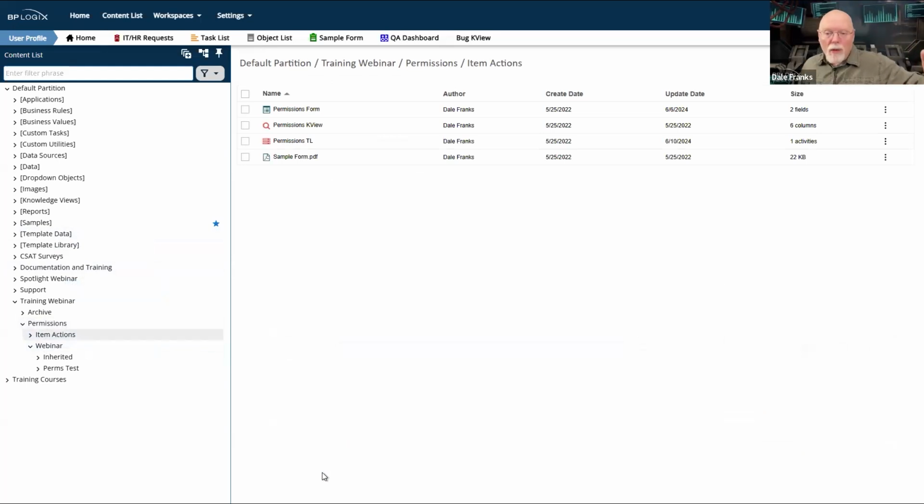Now, the main way of setting permissions are the ways that we've talked about. We're going to go in at the folder level. We're going to set permissions. We're going to replicate those permissions to all of the child folders. And when I say at the folder level, it could be all the way up here at the default partition level to set our more restrictive permissions on a production system.